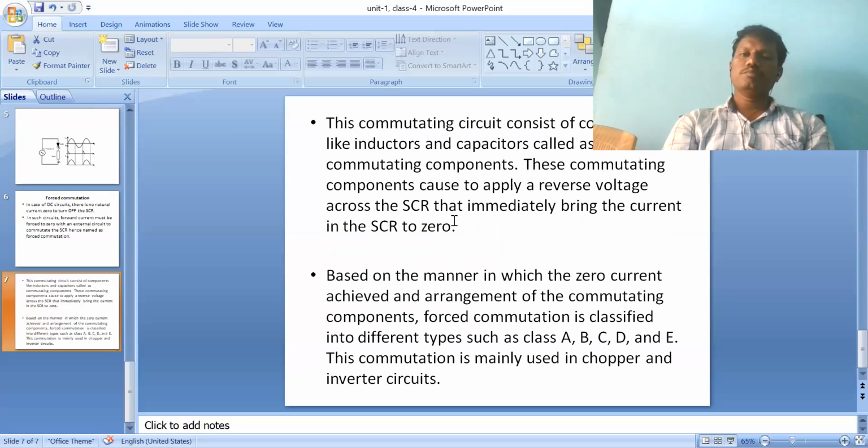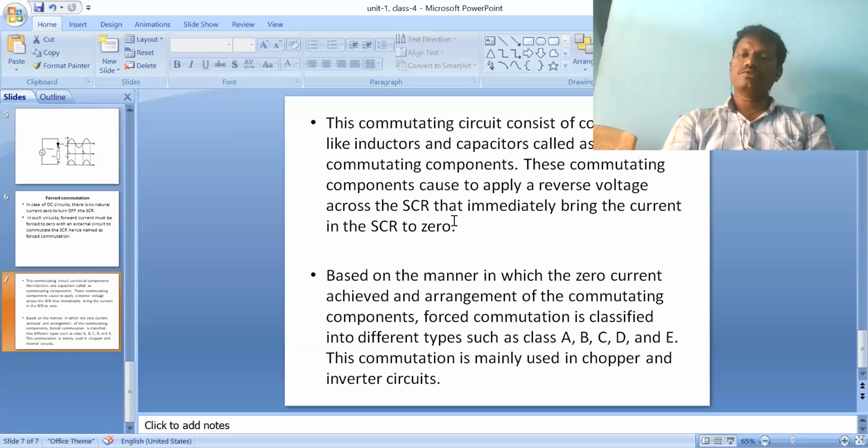By connecting inductor and capacitor, either in series or parallel, whatever configuration is connected to the SCR, that type of circuit is connected to the DC input supply. In the presence of commutating elements, automatically the SCR is in the off state. What are the commutating elements? Inductor and capacitor, very important. Commutating elements, the inductor and capacitor, connected in series or parallel combination to the SCR, automatically turn the SCR off.